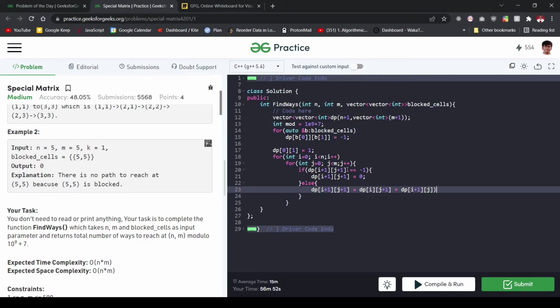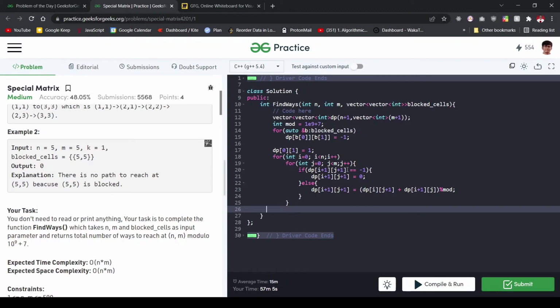And also you have to consider the mod condition. So for that I'll take the modulo of this result, and yeah, this seems correct,